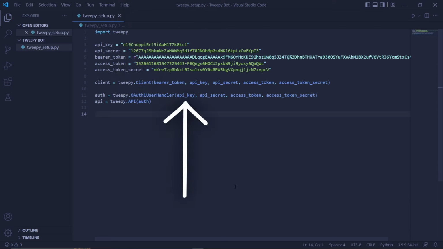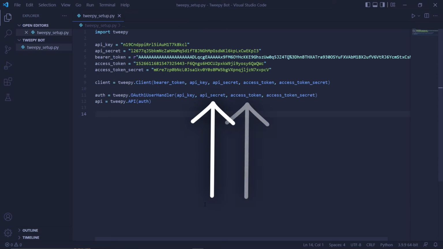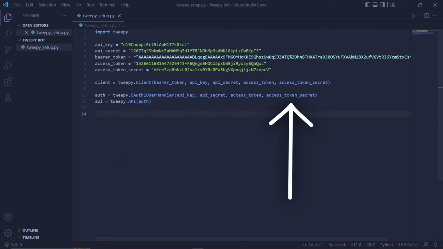You then pass the API key, secret API, access token, then the secret access token. You then create an API object by typing tweepy.api and then passing auth as an argument. Tweepy is now technically fully set up, but we can test our connection and make sure everything works by creating